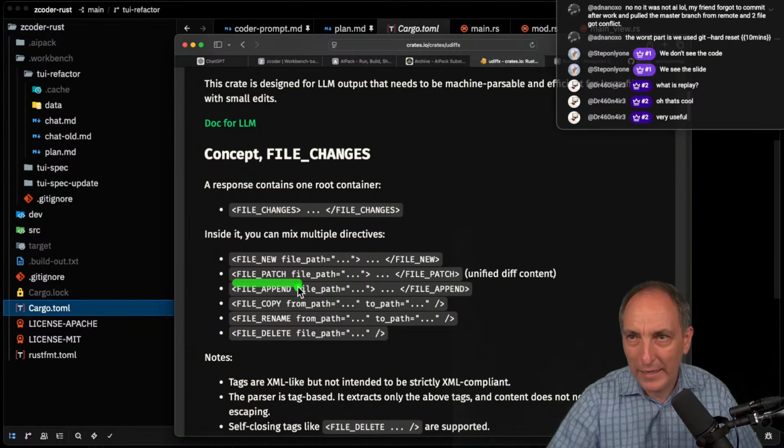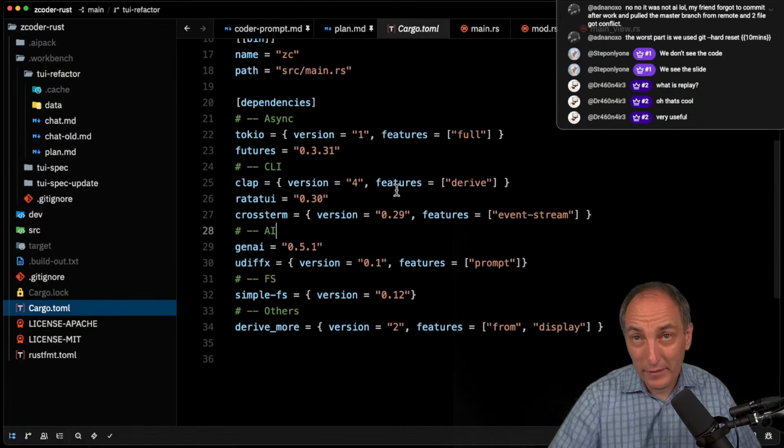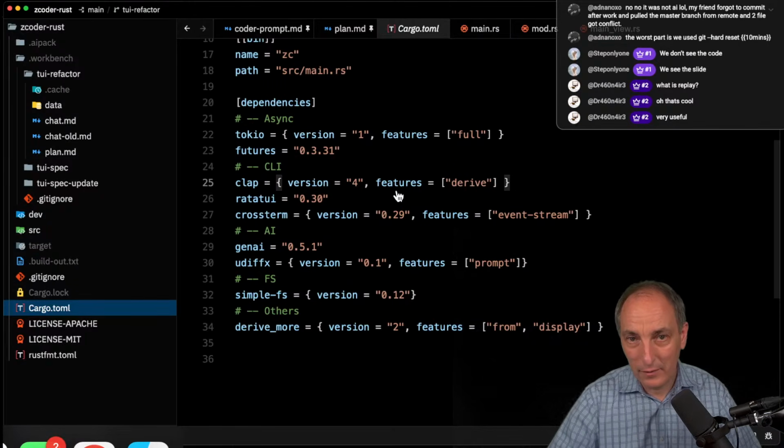So I have this file patch, which is a unified diff optimized for AI. So there's a whole thing there. That's why now when I'm there, you're going to look at that, and it's hard-coded right now, but